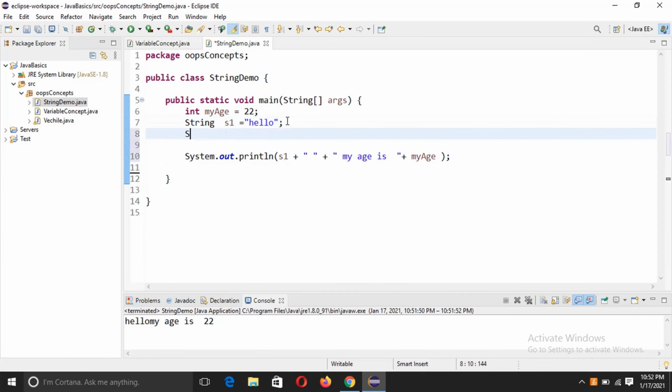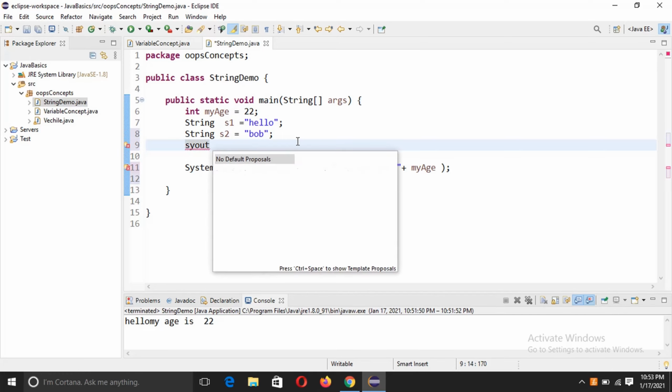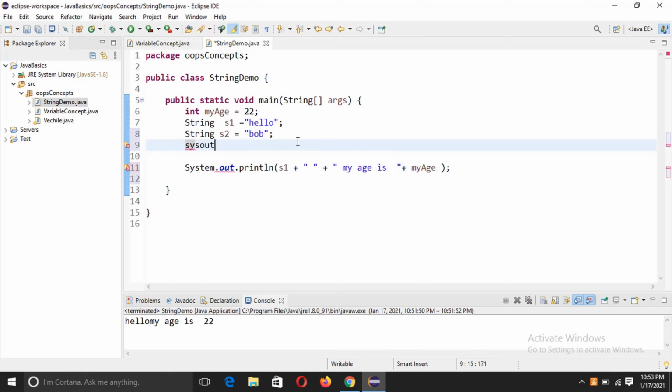Or you can create one more. Let's say I'm going to create one more string object called s2, Hello Bob. I'm going to call s1 and use the concatenate operator plus, giving a space here, and one more time concatenation.